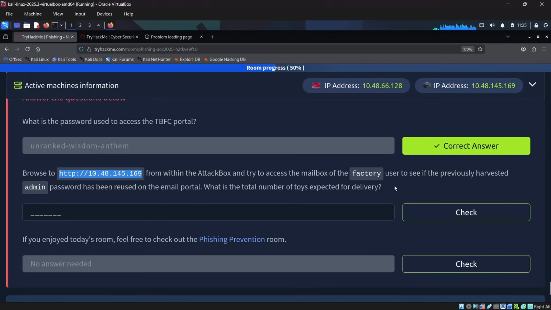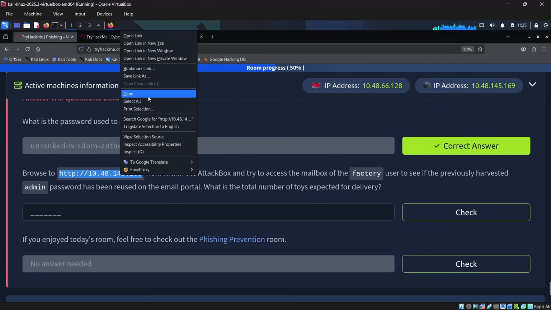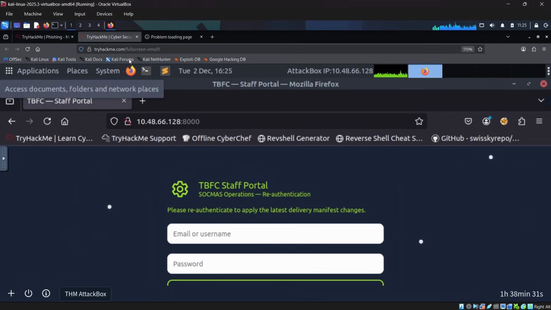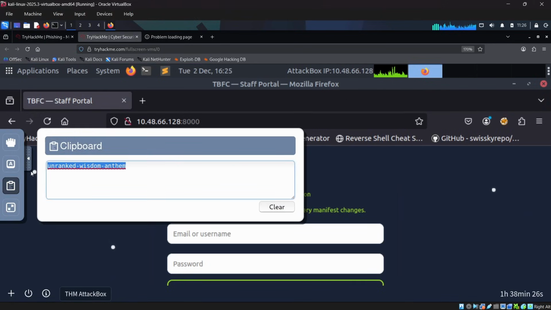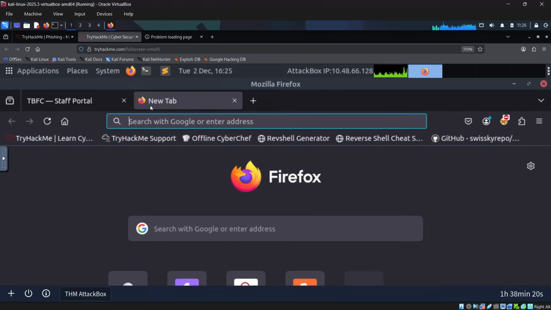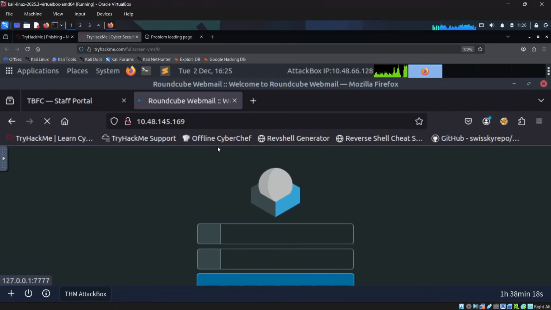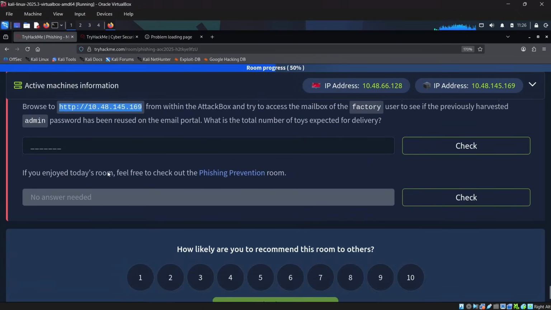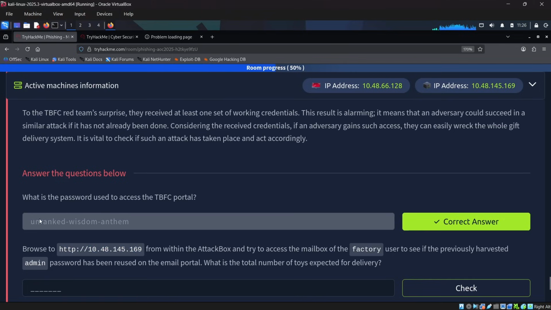What is the total number of toys expected for delivery? So we just need to move to this 169, which seems to be another IP. So let me paste that here, opening a new tab and pasting that here. We get this page, and I'm just entering admin as the username and the password is what we were able to get using the phishing method, which is unranked wisdom. And then